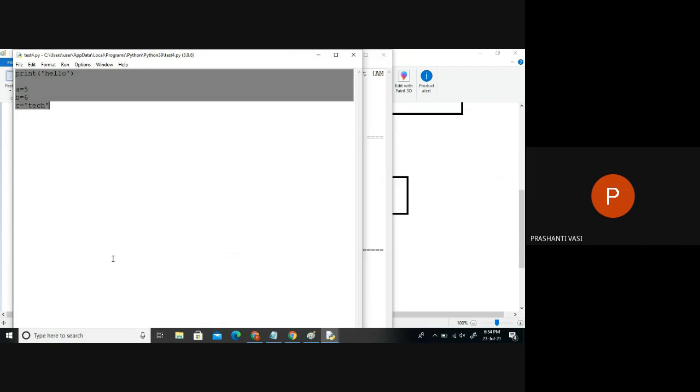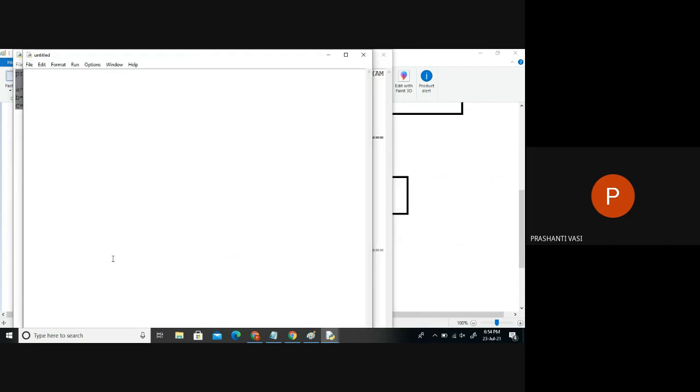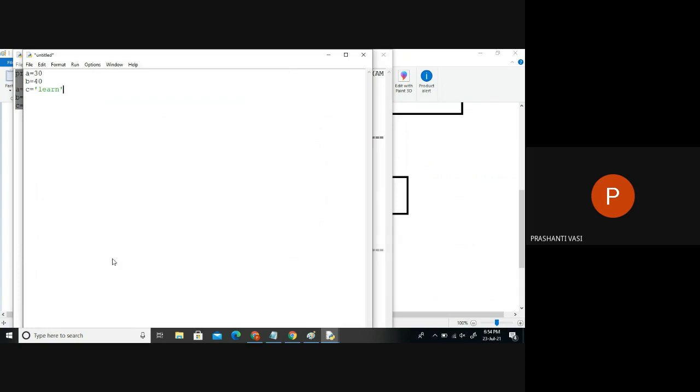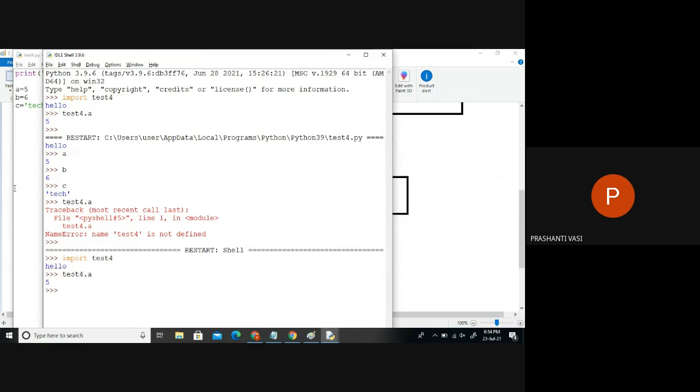Because you may have a lot of files in the system. Maybe let us say one more file was there. Here also we can have some other A, some other B, and some other C. So the same variables are there in another file. The file name is now testfile. Now if I go to the interpreter, that means the shell, and simply say import test4 or import testfile, now I imported two files.